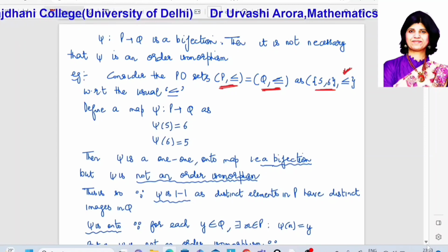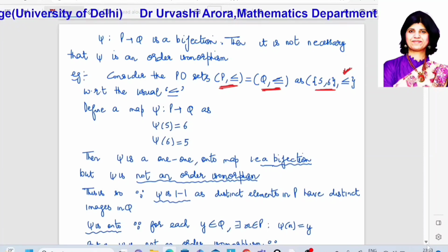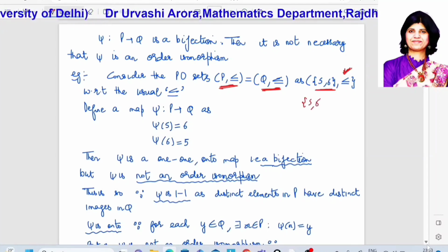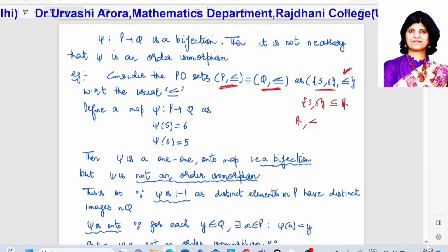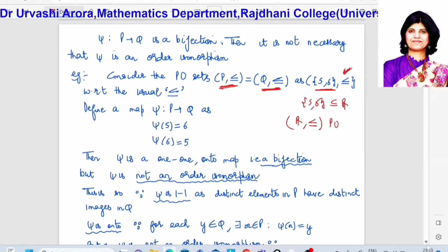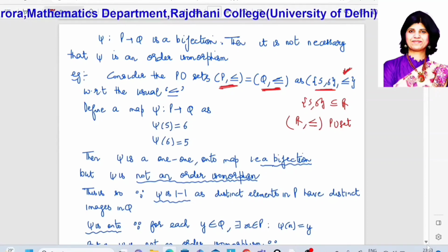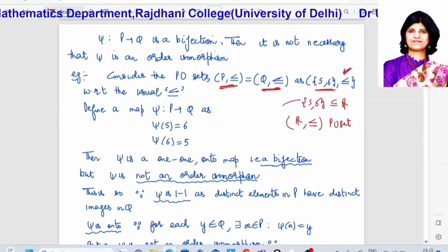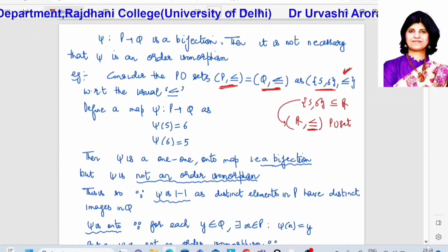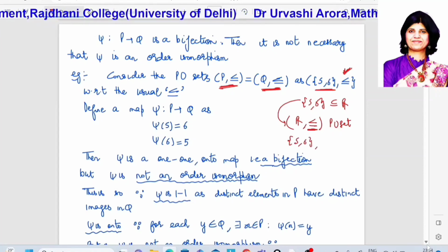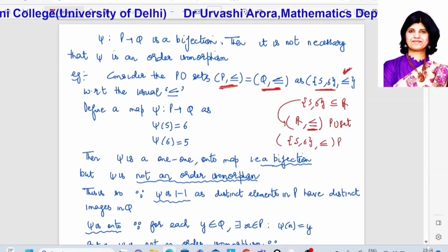Now we know that both the sets P and Q are PO sets, because we know that {5, 6} is a subset of the set of reals, and the set of reals with respect to the usual less than or equal to relation is a PO set. We already know that, we have done it when we were discussing PO sets, and since every subset of a PO set is a PO set with respect to the inherited order, this means that the set {5, 6} with respect to the inherited order less than or equal to, which is the usual less than or equal to relation, is also a PO set. In fact,